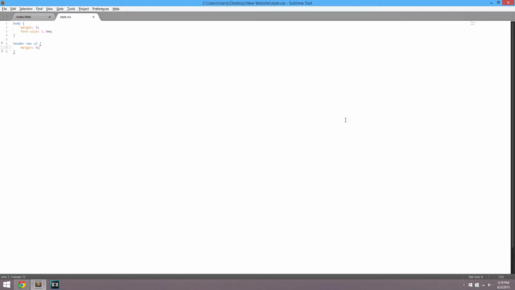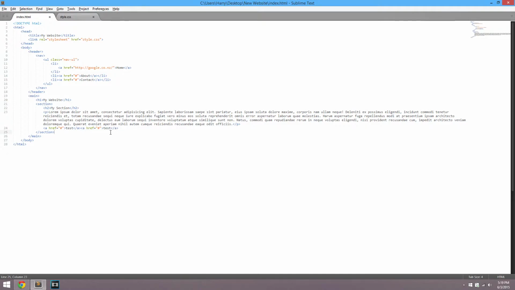Right, so I did tell you guys that I would talk to you about margins and paddings. So we're going to do that now. So what exactly does margin 0 actually mean? We're going to make an example right now. I'm going to make a thing called a div. Now I haven't talked about divs,